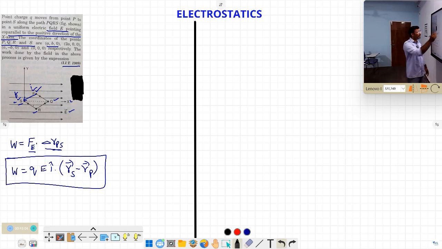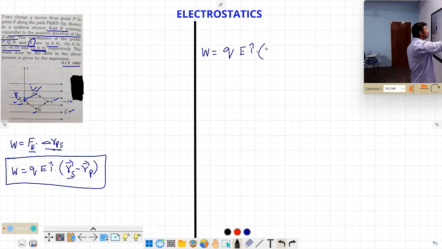So to calculate this one, I am taking the concept W is equal to charge Q into E I cap dot (r_S minus r_P). Now what is r_S minus r_P? What is r_S? r_S is the position of the S point. S is the last position, which is 0, 0, 0. That means we can write it as 0 I cap plus 0 j cap plus 0 k cap